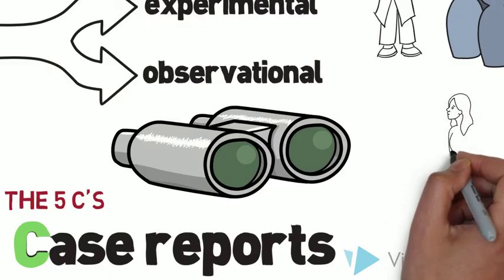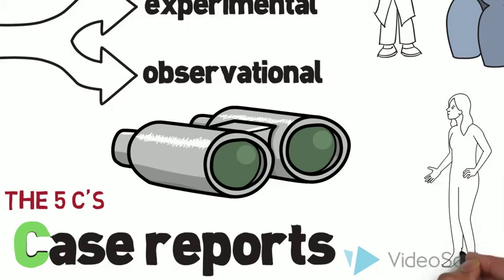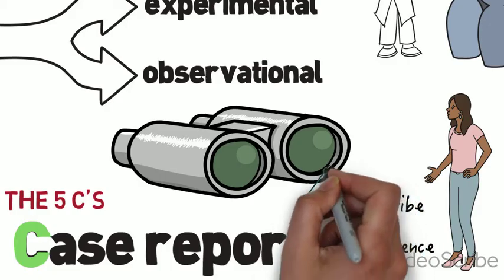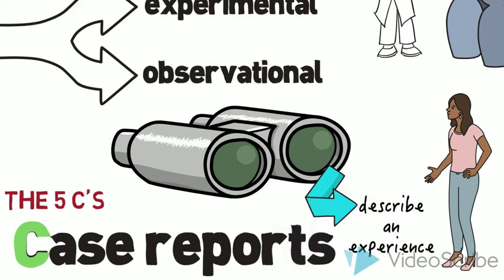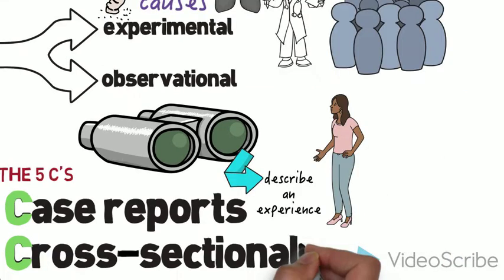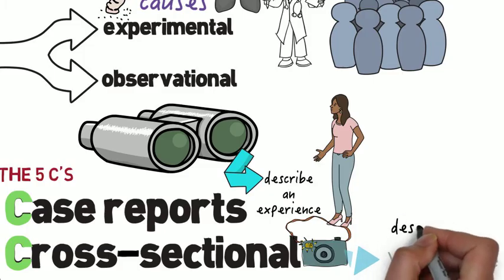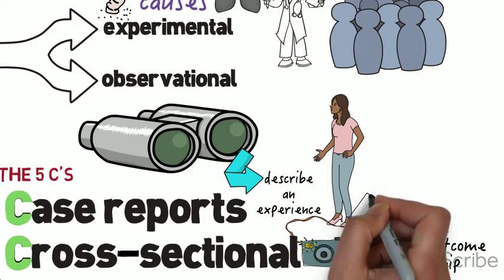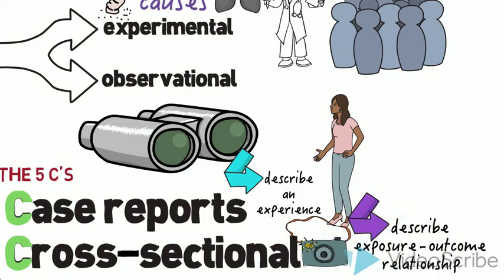Case studies are an observational study design with no real analysis. They are uncontrolled, anecdotal reports that describe the experience of individual patients or groups of patients. They're great to generate future research questions, but they only describe and can't establish cause and effect relationships. Cross-sectional studies are like taking a snapshot of the exposure-outcome relationship and all the surrounding covariates.